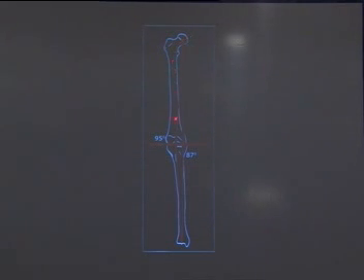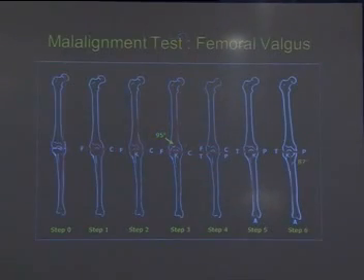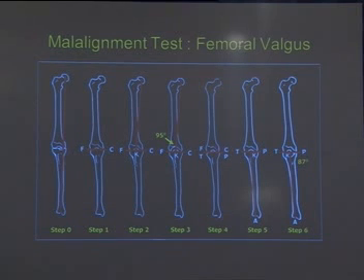Measure the mechanical axis of the femur and measure this angle, which is 95 degrees in this particular case. That shows that there is a valgus deformity of the femur. So this is how you calculate it: step 1, the malalignment line, which falls away from the tibia. Then the mechanical axis, measure this angle. In this case it is 95 degrees, and this angle is 87 degrees. That means there is a valgus deformity of the femur in this particular case.